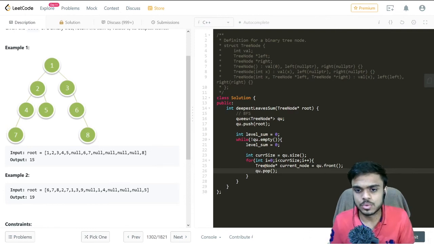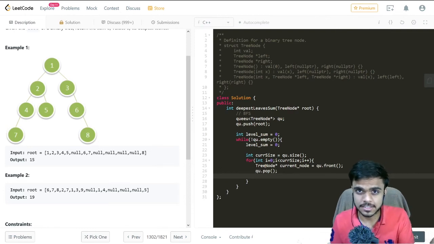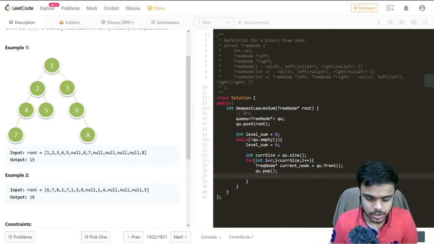Now we also need to add the current node's value into the sum variable. So we'll do level_sum plus equal to current_node of val.